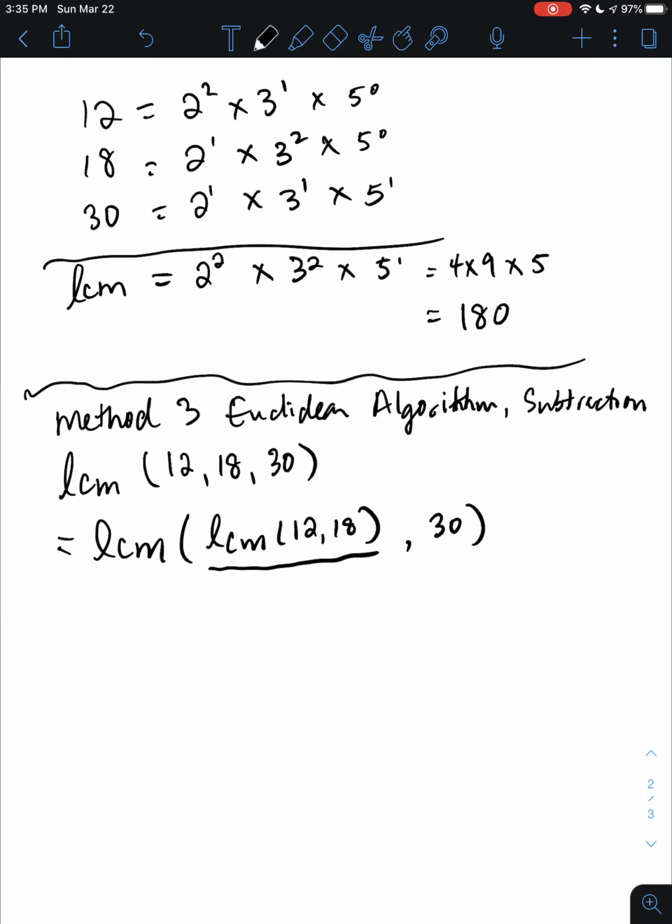Right, so this is a rule that mathematicians have figured out is always correct. It always works. You can sit down and contemplate it yourself, but you can just trust me as well. That works. So what I'm going to have to do is do 2 different LCM calculations. And so the first one we've already done. You can